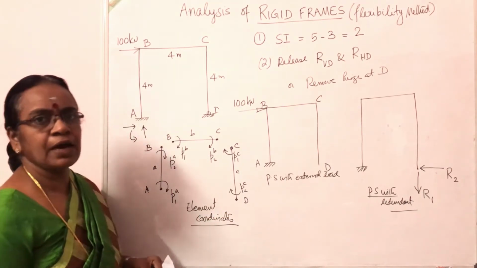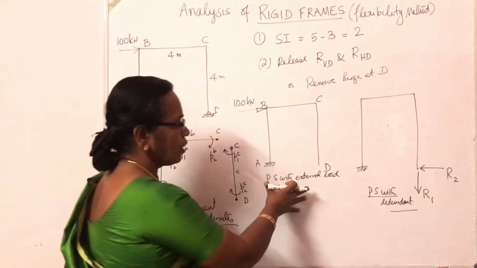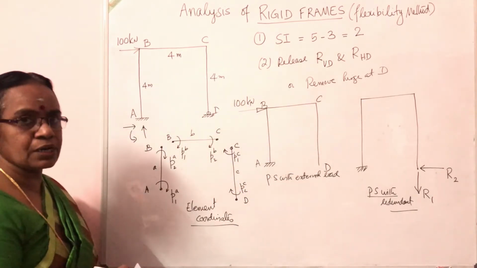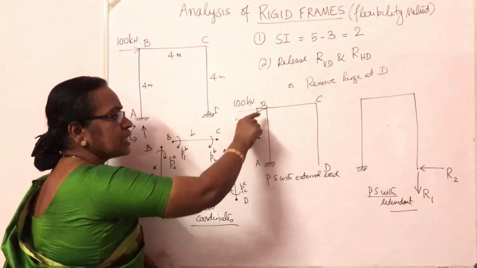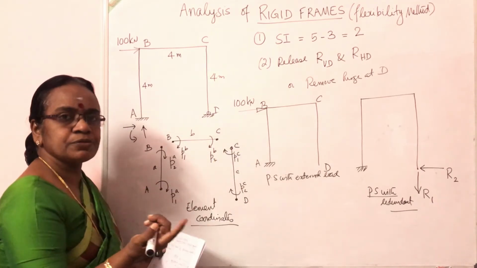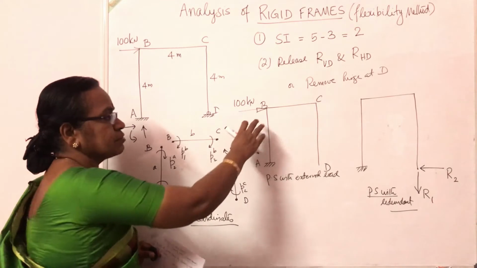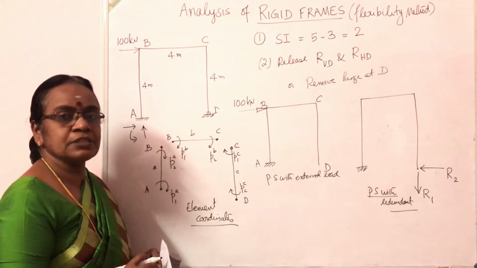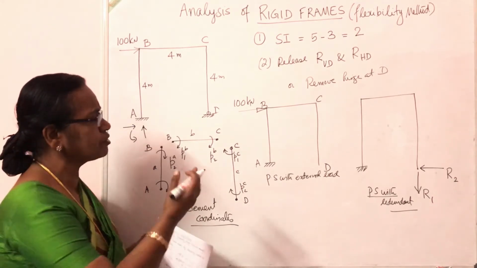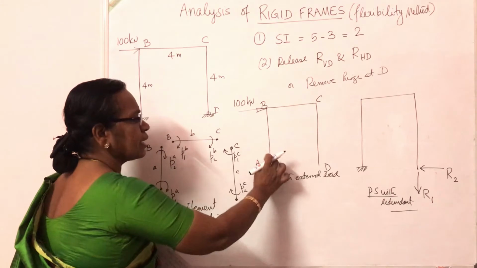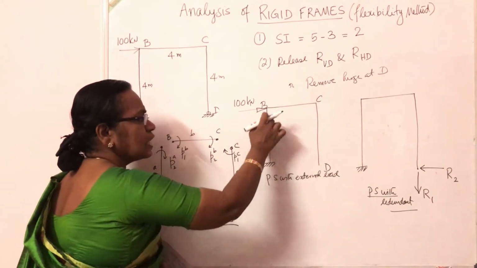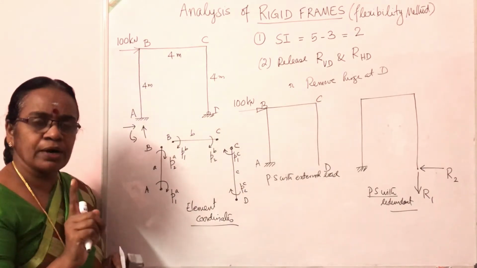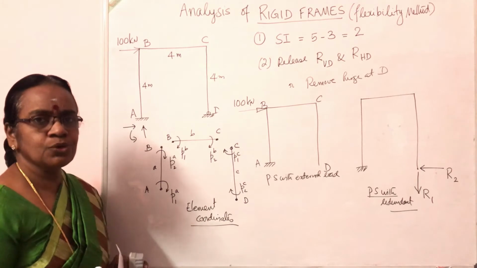So in the second step, we have identified the redundants and released them. We have marked the structure with external load. We have marked the structure with redundants. We defined the element coordinates. And there is only one load, which is acting at the selected node B. Therefore, there is no equivalent joint load; this is the analysis structure itself. There is no need to find the equivalent joint load again, because there are no fixed end moments. There are no loads acting on element AB or element BC. If there were some load there, that would produce fixed end moments. There is only one load, and that load is acting at the node itself.